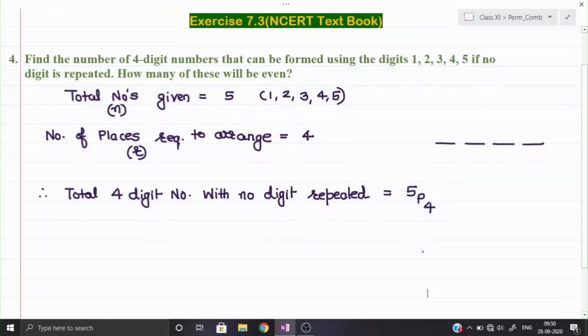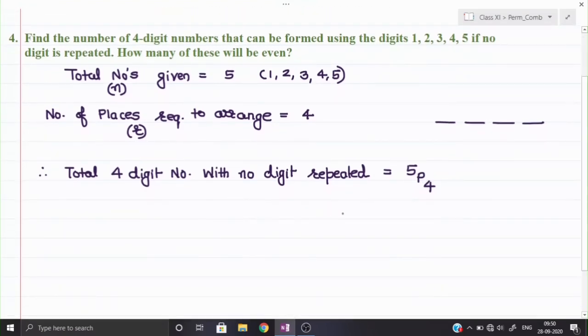So now let us simplify. These are the total numbers, 5P4. Now if I simplify, it will be factorial 5 upon 5 minus 4, that is factorial 1. Factorial 1, you know, is only 1. Remember factorial 1 and factorial 0. Remember, factorial 0 is also equal to 1. I will show you how factorial 0 can be defined, because we know the factorial goes up till 1 only, but in our syllabus factorial 0 is also defined. Suppose factorial 0 comes, then what will you write down? 0? No, factorial 0 is 1. That I will show you afterwards. Since it has not come up till now, we shall talk about it later.